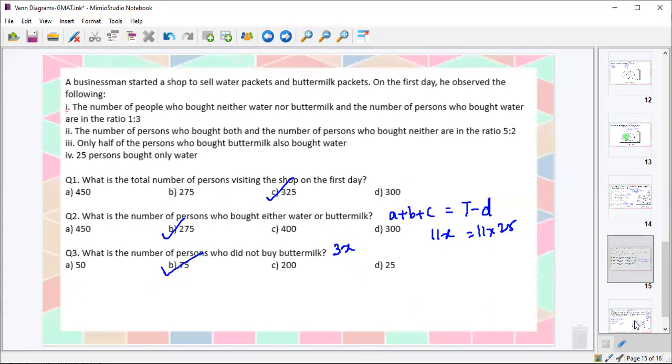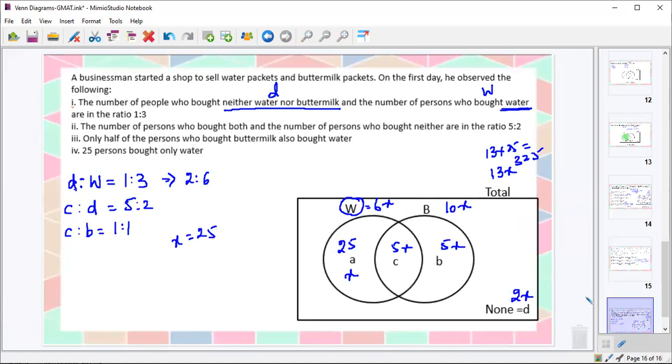So this is how you can solve the questions without writing any equation, without any complications, by simply representing the values in the form of a Venn diagram. I hope this session has been insightful for you all, and there will be some questions that will follow which you can solve for your practice and check your understanding of the concepts discussed.